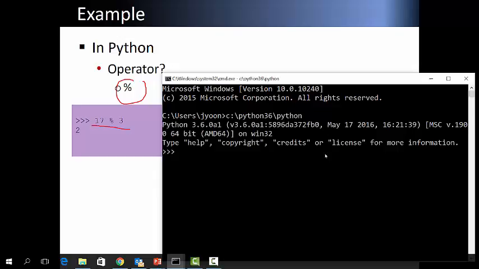Then I can say 17 modulo 3. Or you can do it this way, right? As we expected.